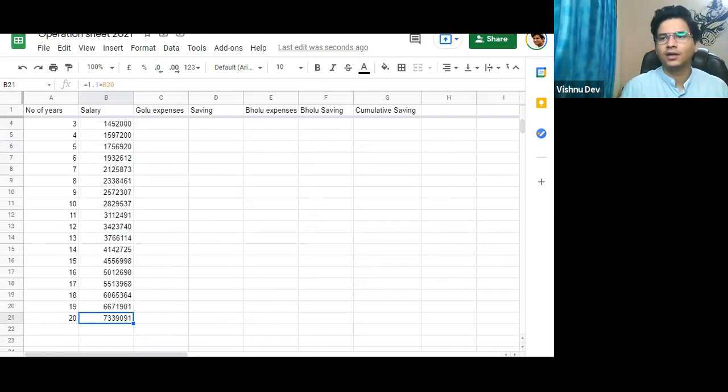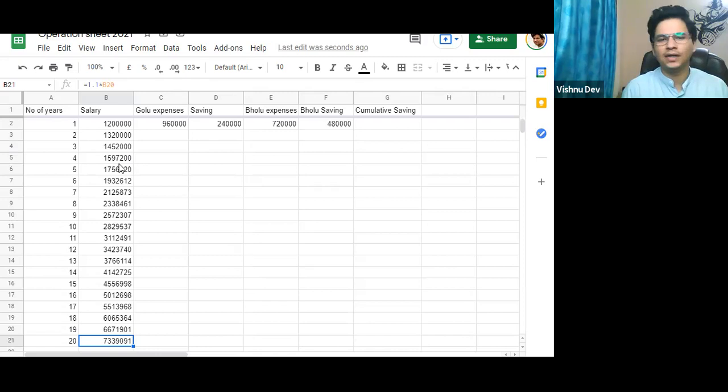I'm talking about this 45 years. If it is increasing by 10% per year, it is compounded. But expense is also increasing, so expense